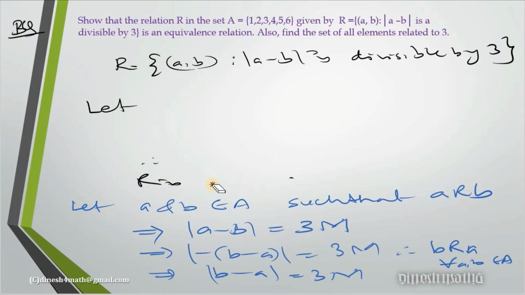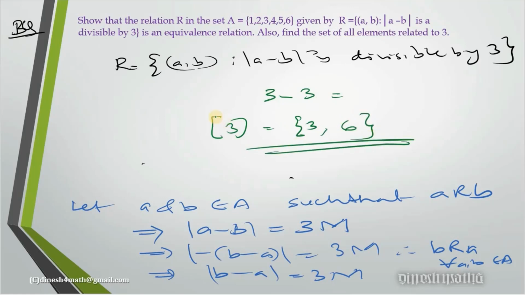That just means 3 minus which number will give you a multiple of 3. So 3 minus 3 will clearly give you a multiple of 3. So we will start with 3. One element is 3. And if you take another element from 4 or 1 or 2, it will not give a multiple of 3. But 3 minus 6 will again be divisible by 3. So it is 3, 6. So that is the final answer.